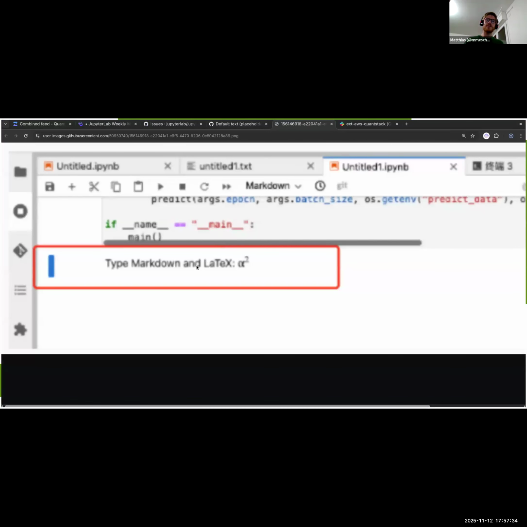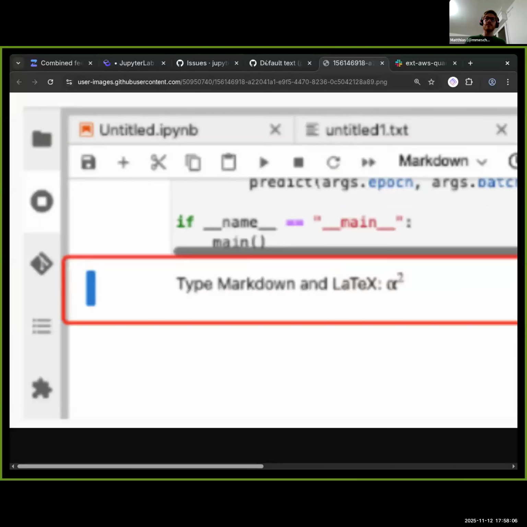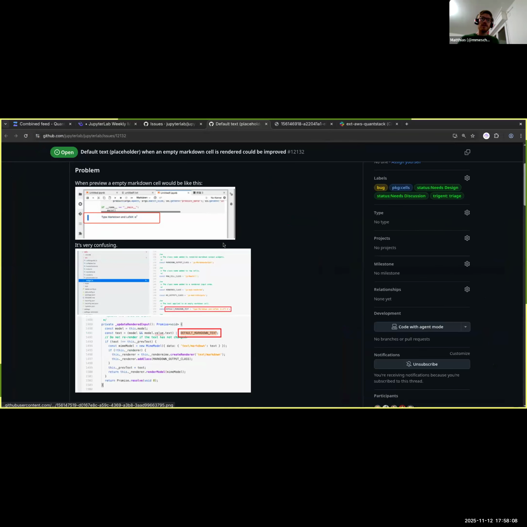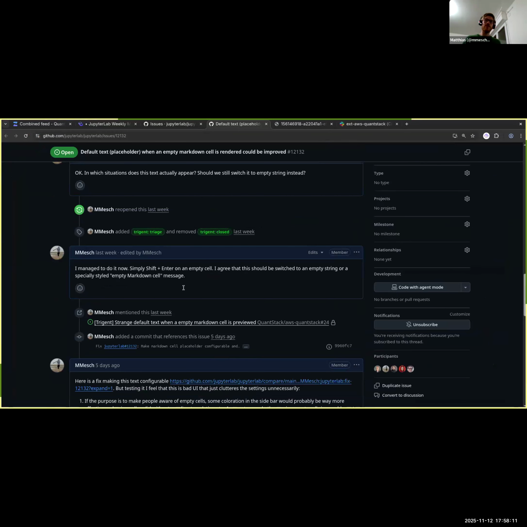Yes. It's this text here, which appears when you have an empty cell with markdown and then you render it. Then it's not empty afterwards, but it shows this thing. And so, how can I go back? I have to change this. Okay, there we go. And so we had 3 options